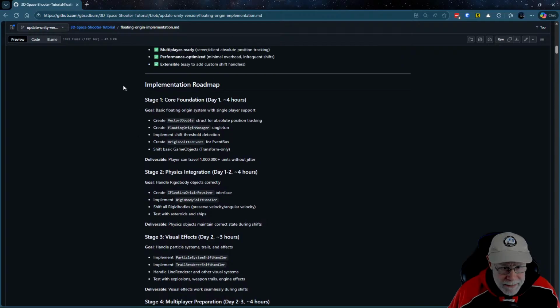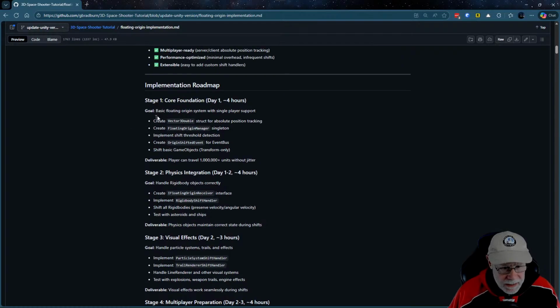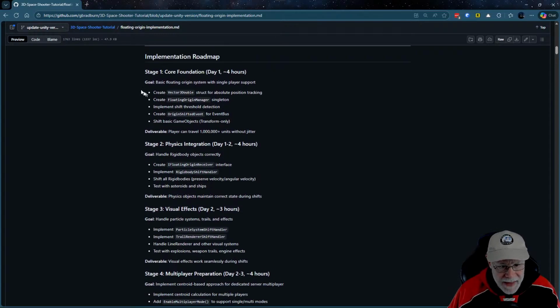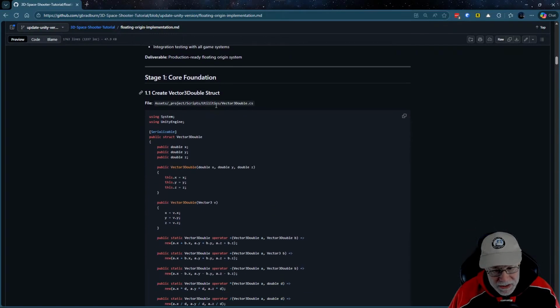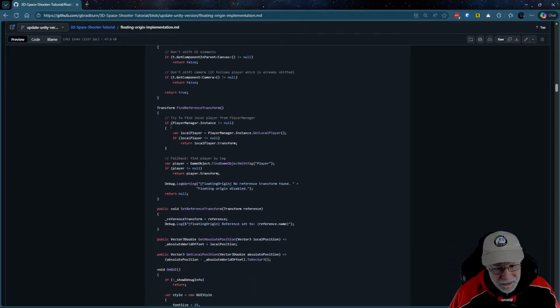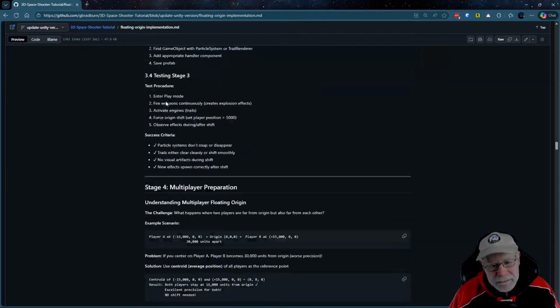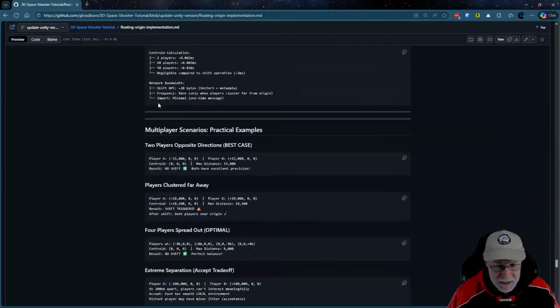So the roadmap is first to go ahead and implement the origin system. We're going to create a new vector3 double struct, the floating origin manager, the shift threshold detection, and then the event. So that is phase one. Now, what I really like about Bezi is it doesn't just generate an implementation plan, but it can execute against